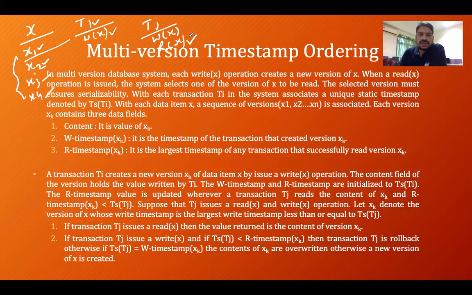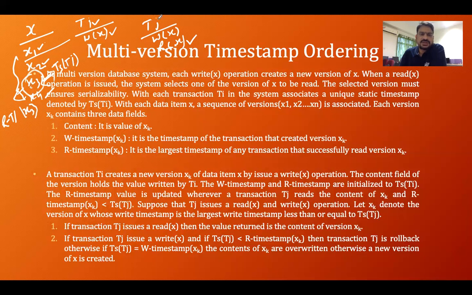And when we do the read operation, let's say this X3 has been read, so the timestamp of Tj will be allotted to the read timestamp of this version, which is X3. Getting it? So this version has been read.